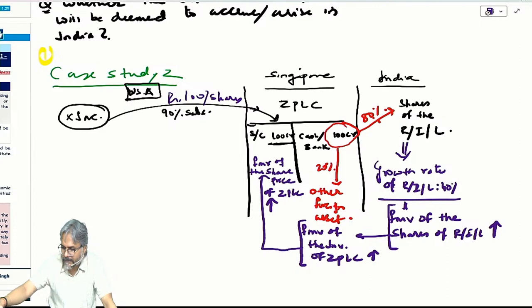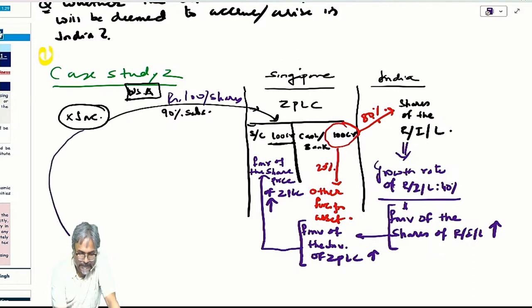This is an example, 100 per share, as an example for us. Now you tell me what happened in this case. XINC is transferring the shares of YINC. Ultimately this is what is going to happen now, the transfer of